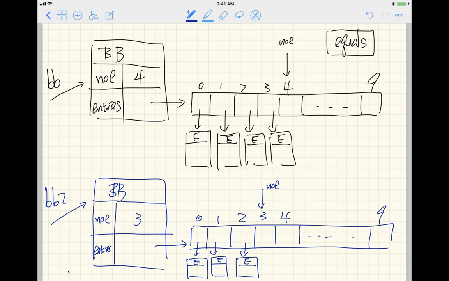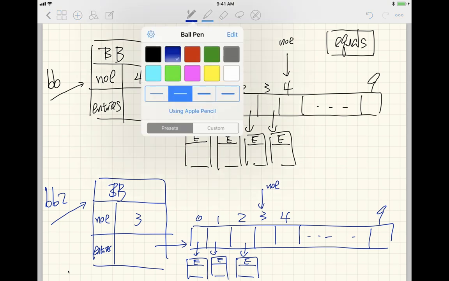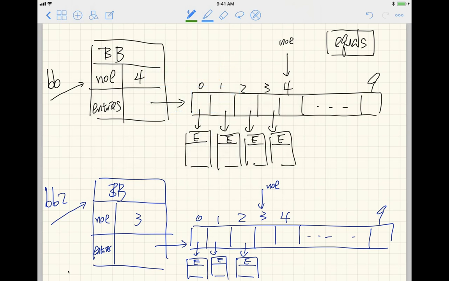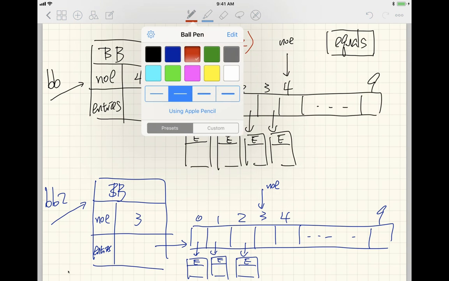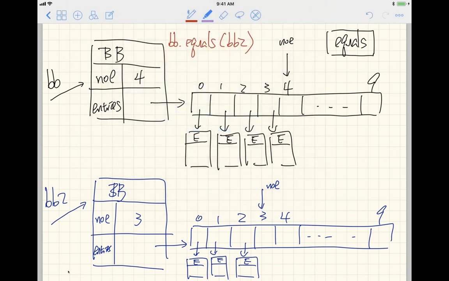Okay, so now let's do number 1. What does it really mean when I say BB.equals(BB2)? Okay, this comparison should be very easy. We don't even have to go to the array comparison because you will simply see that, let me use a consistent color here, so you can see the NOE for BB is 4. The NOE for BB2 is 3. So that means it will simply just return false,